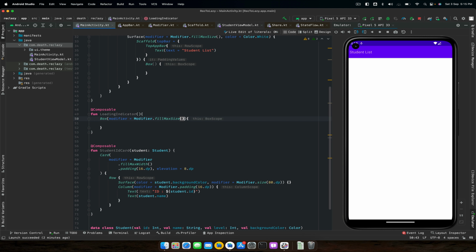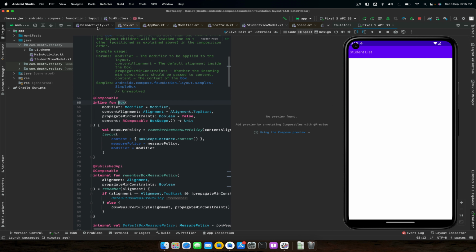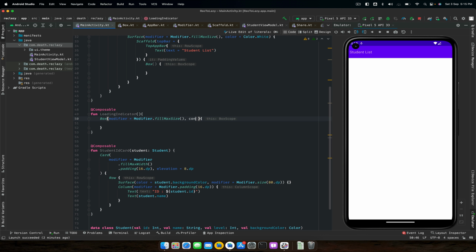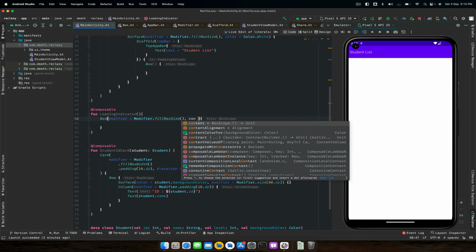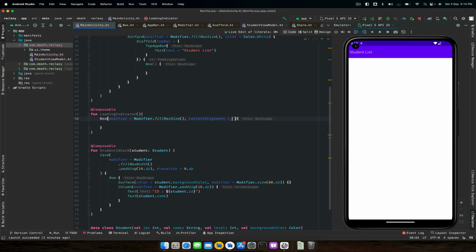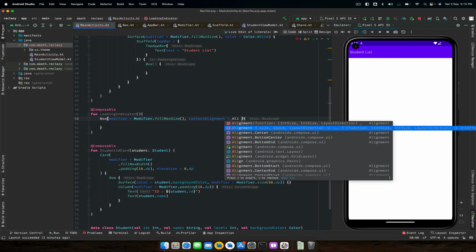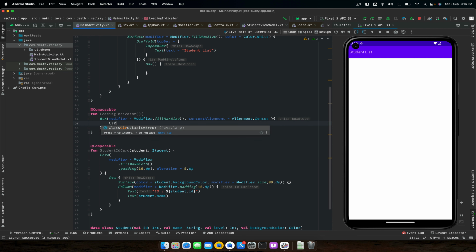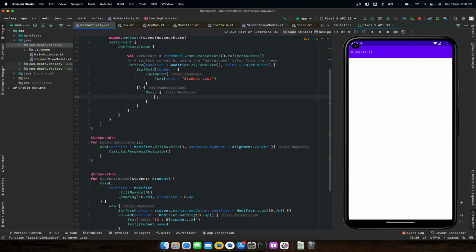And let's say horizontal arrangement is, so box has content alignment, and row and column have vertical arrangement and horizontal arrangement. Now let's say content alignment is alignment dot center, so all the content will be in the center, and we'll have a circular progress indicator. So this will be our loading indicator. Now, let's not have a when statement here. Let's just have a